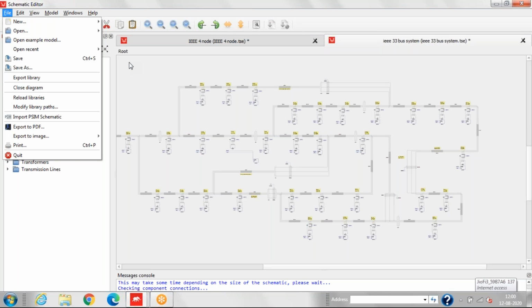So no query. I think the IEEE 4 node system is a very simple model, so you don't have any query regarding that. If someone has any query regarding anything, you can ask.